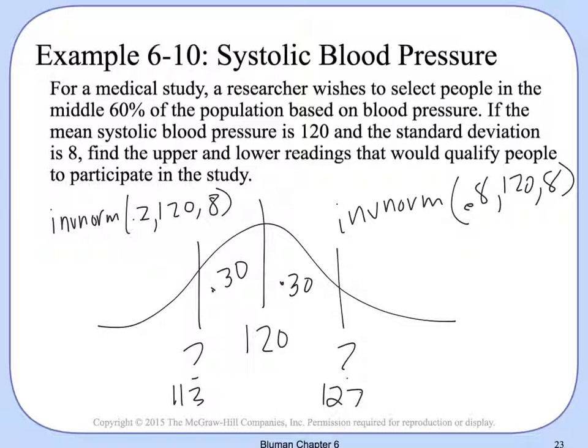So between about those two, again, I don't know if they want us to round down and kind of pull it in a little bit, but looks like that would be right for this medical study. They're not going to be exact, but they would want people that have blood pressures between these two values, right? Okay. So if I was going to answer it, find the upper and lower readings. The lower reading would have to be 113, and the upper reading would be 127, blood pressure. Okay, so in summary,